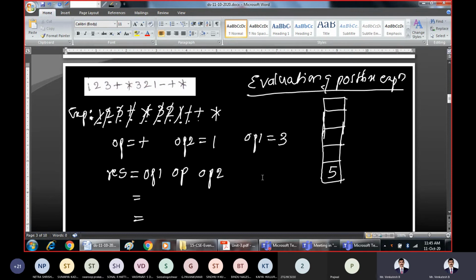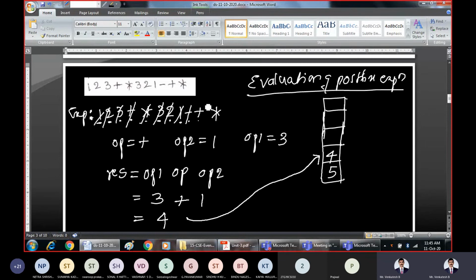Now we have popped two elements, and now perform the required operation to get the next temporary result: operand 1, operator, operand 2. Operand 1 is 3. The operator is plus. Operand 2 is 1. 3 plus 1 is 4. Take this result and push it onto the stack.